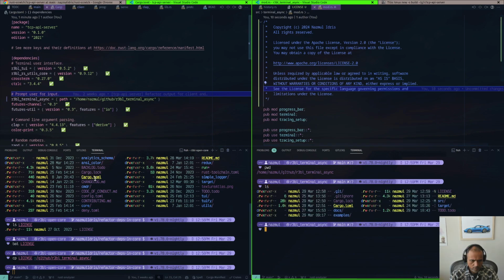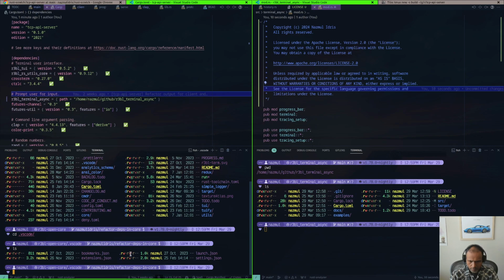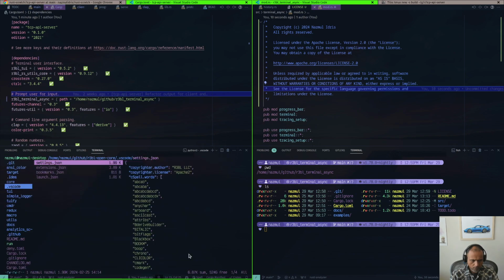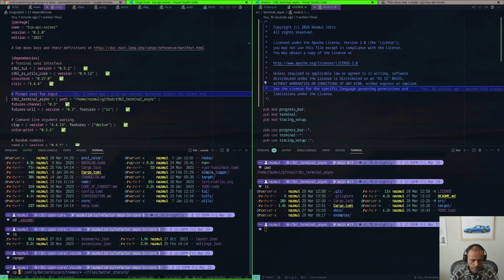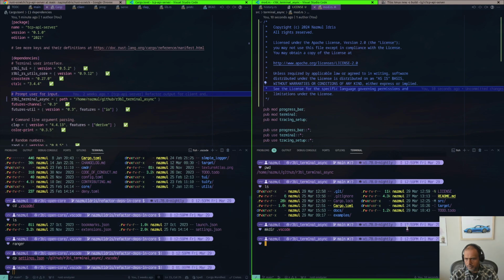No, so VS Code, and where is copywriter? Settings. Yeah, there it is. Settings. So what we want to do is cp settings to GitHub terminal async VS Code, and I don't think this folder exists, so we can do VS Code. So what this will do is,